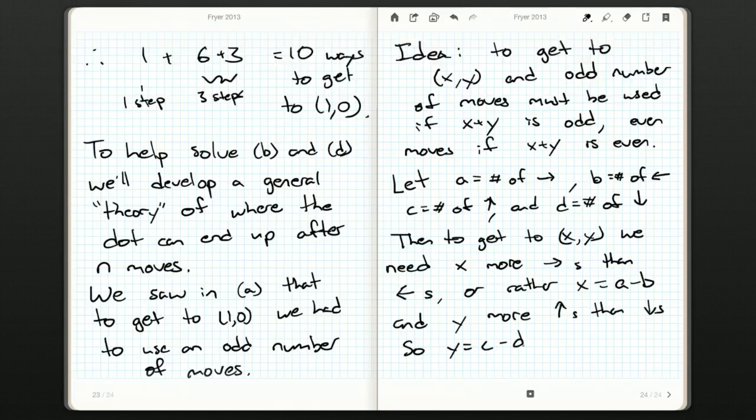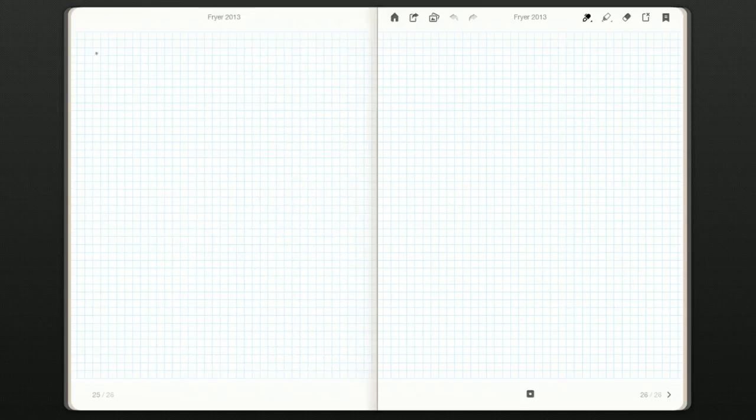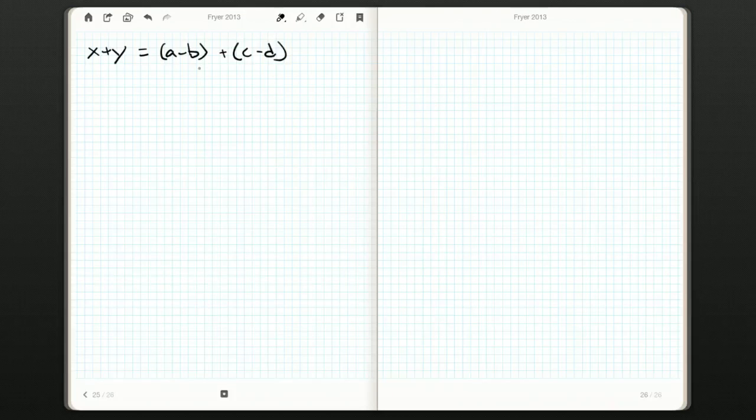So Y is C minus D. Okay. So where's that going to get us? That tells us that x plus y, whether it's even or odd, is the same as a minus b